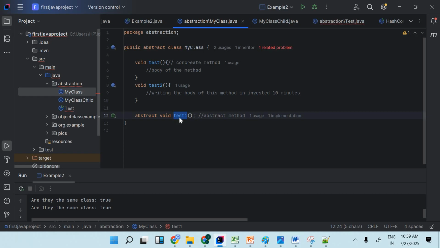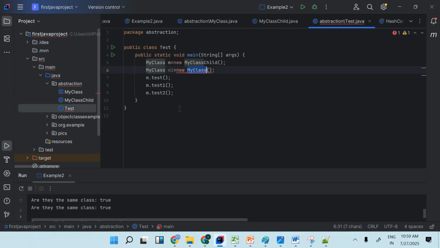The method which does not have any type of body, right? So if a method does not have a body, that method comes under incomplete methods. And if an incomplete method is in the class, that means the class itself is called incomplete. And if something is incomplete, you cannot create an object of this particular class. So remember that an abstract class cannot be instantiated, right? So let me write this down here. Abstract class, we cannot create an object of